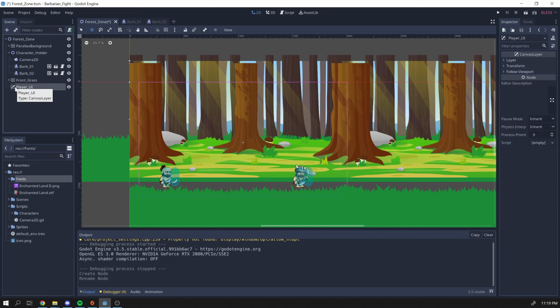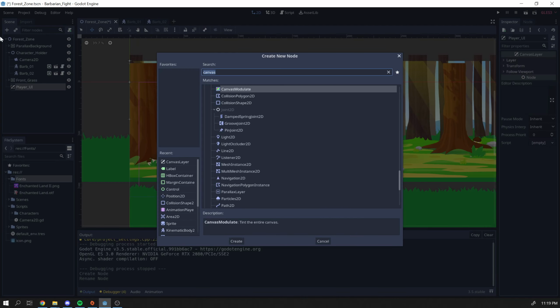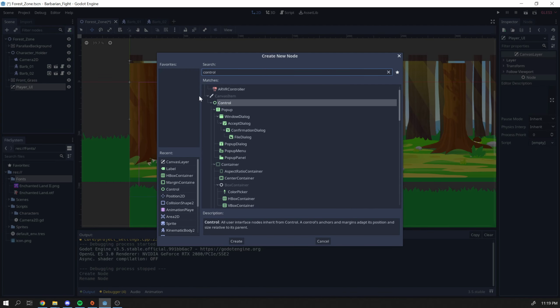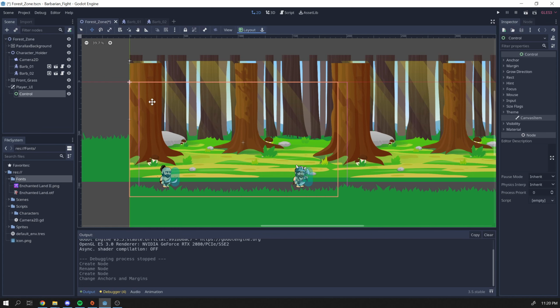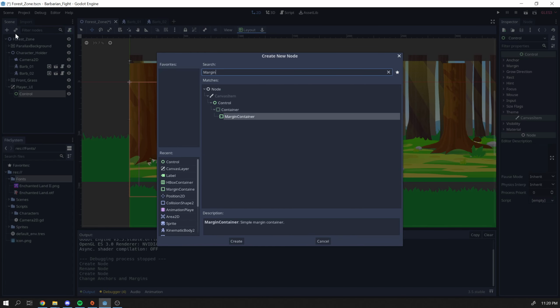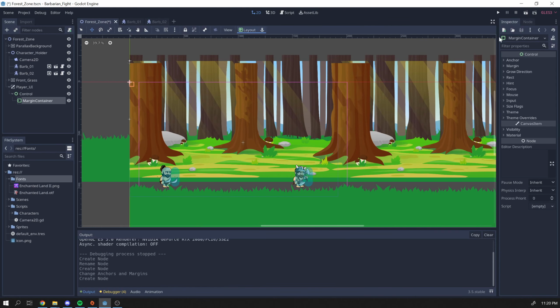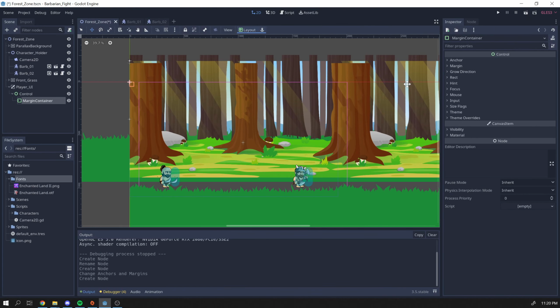For my player UI, I'm going to add a control node, and on this control node I'm going to do full rect so it fills up the whole screen. Then I'm going to add a margin container. Inside this margin container, I want my margins to be off the edge a little bit, so I'll say full rect,